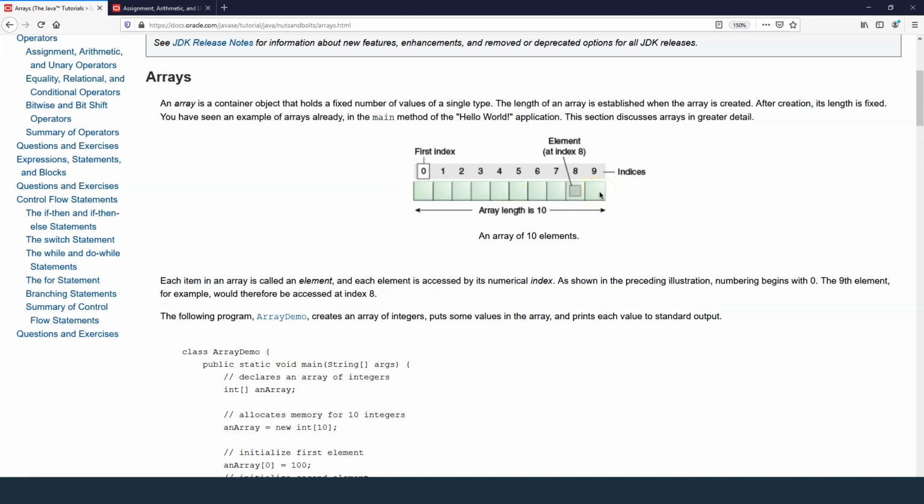But the way arrays are designed is that the index is used to access the element in a particular box. The index of the boxes starts from 0, so it goes from 0 to 9. Remember, the array length is 10. The array can contain 10 elements, but the index of the array starts with 0 and will always end at length minus 1, which is 10 minus 1 in this case, which comes to 9. So the index will always start from 0 and go till length minus 1.